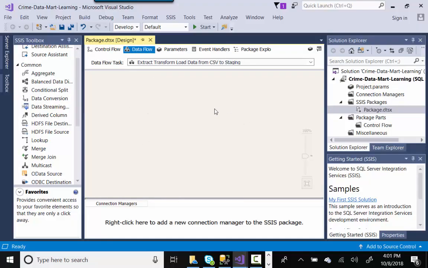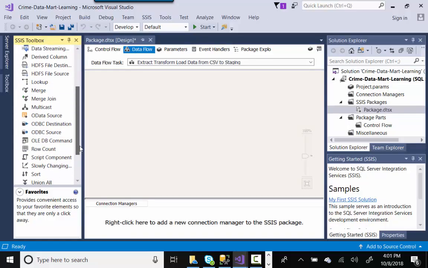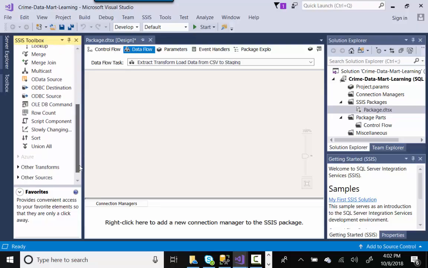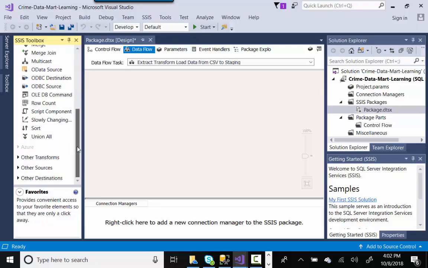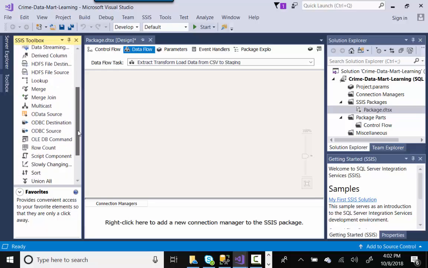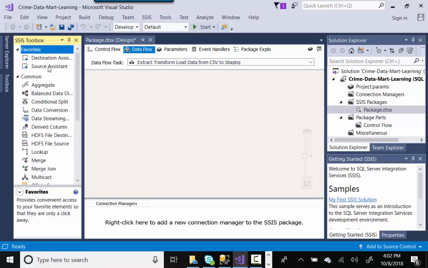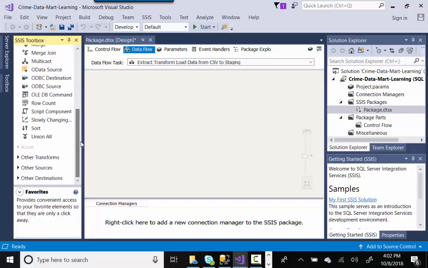Now we have nothing in here. So the first thing I want to do is get data from my CSV file. And if you look over here, down in our toolbox, we could use this wizard, but what I'm going to do is point you right to a source. So the first thing we're going to do is get data from a source. And then we're going to perform a transformation. So we go through the extraction, the transformation, and then we're going to load it into the staging table